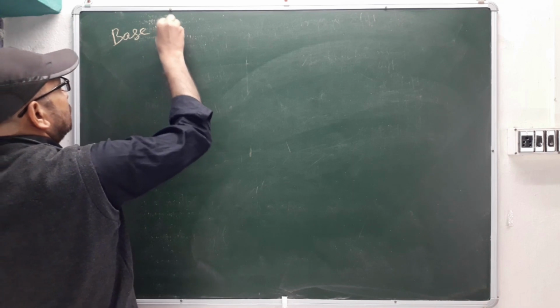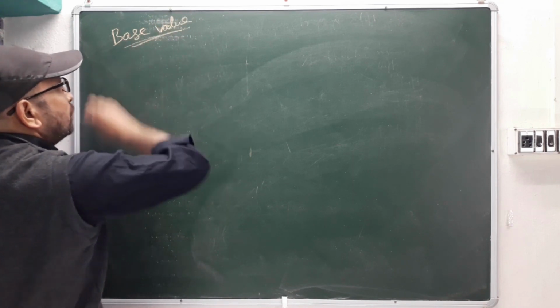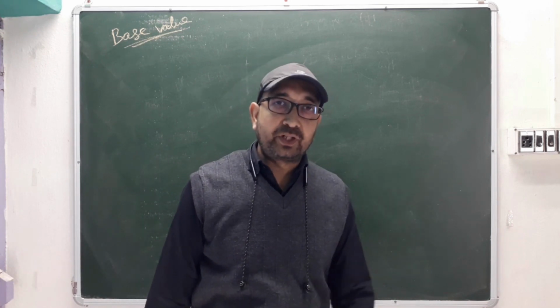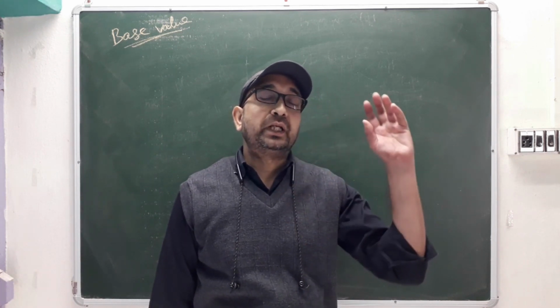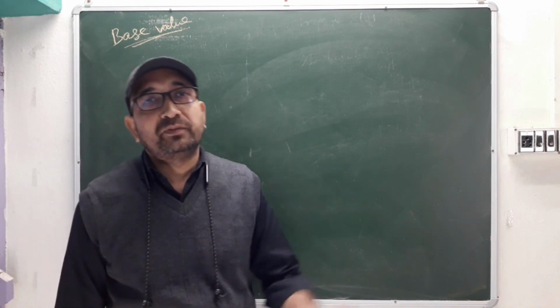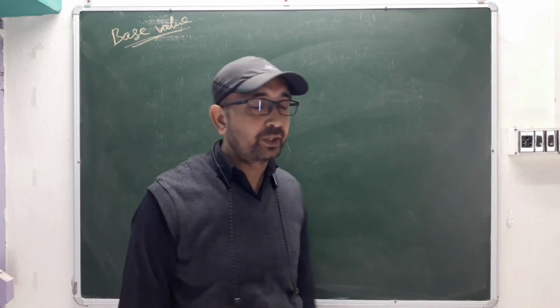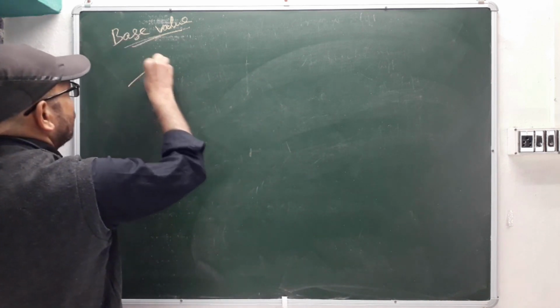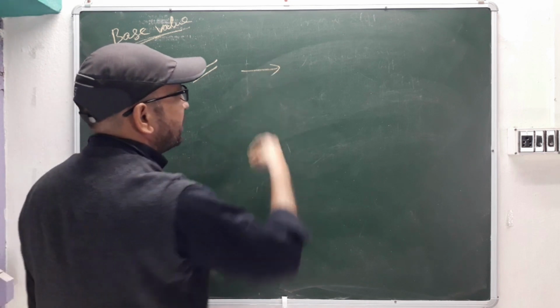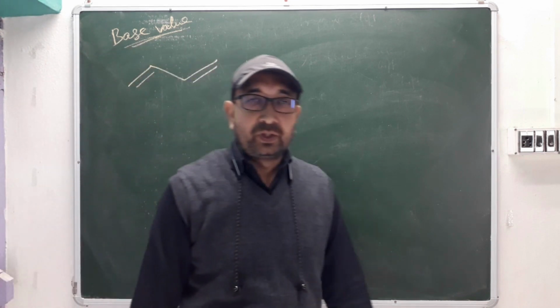Base value. For UV absorption we are calculating base value because suppose you have your instrument, you can directly calculate it. For verification purpose with structure also we can calculate it. Suppose we have this type of molecule, 1,3-butadiene. So what will be the base value for this? Base value is